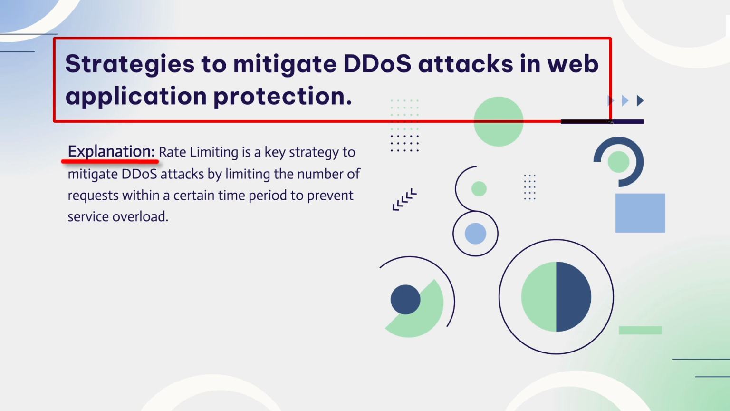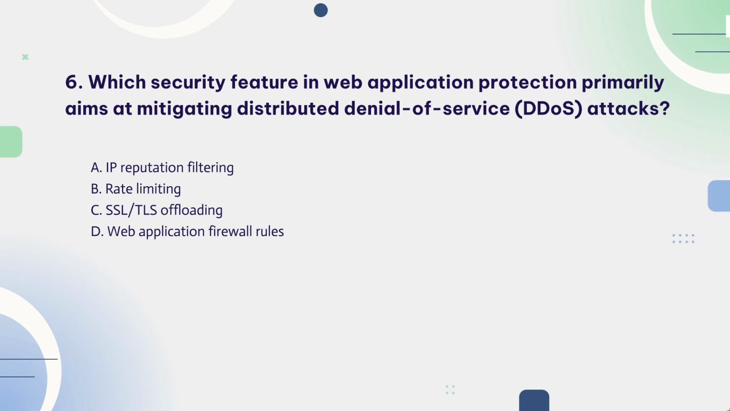Rate limiting helps protect against DDoS attacks by limiting the number of requests that can be made in a certain time period, preventing overload. So, the correct answer is